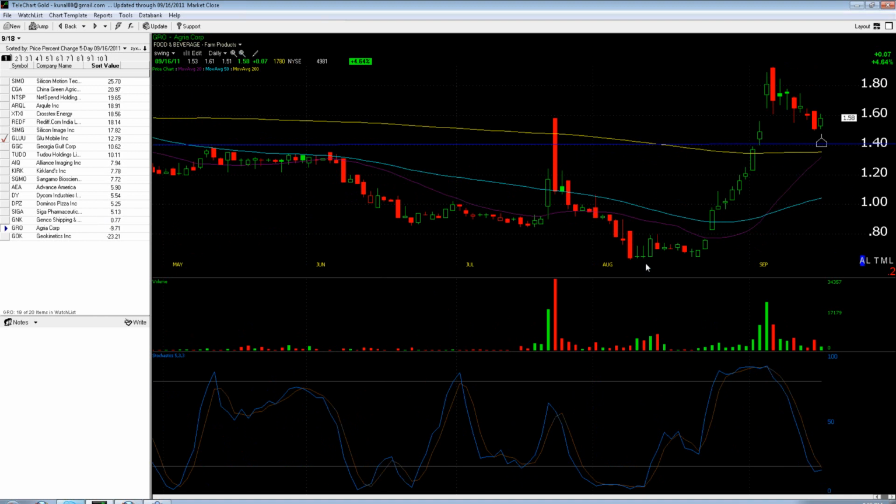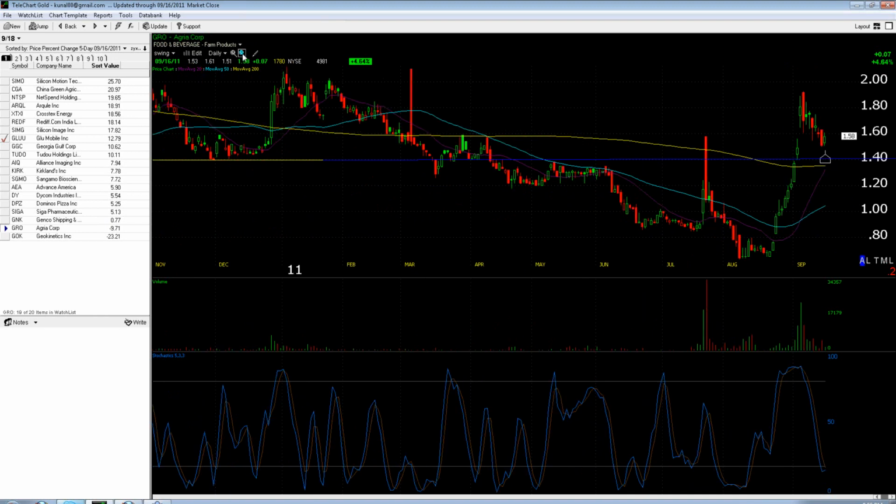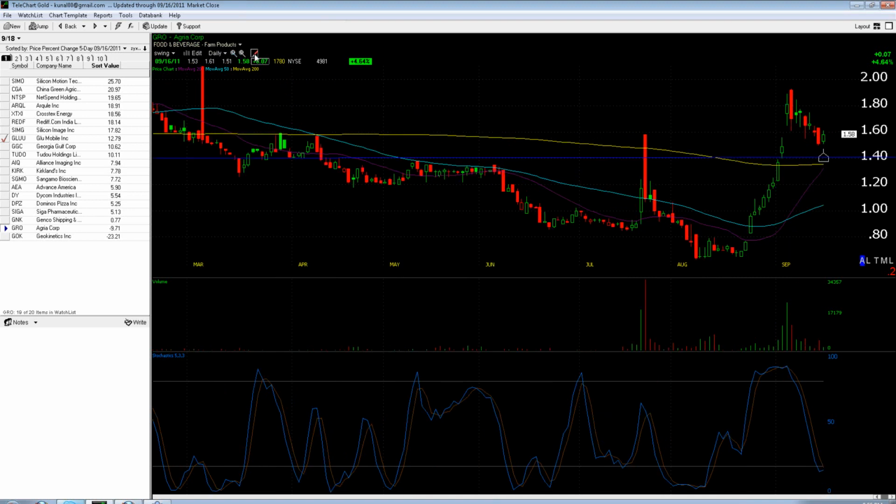Grow. Huge run. We've been pulling back for quite some time here. So we've got a couple things here. This 140 to this 200-day moving average, this could be a good bounce point. It's also setting up in another kind of wedgy kind of thing here, where if we can kind of get out of this